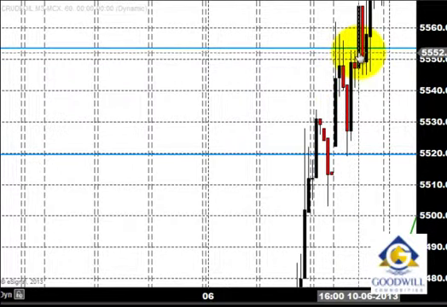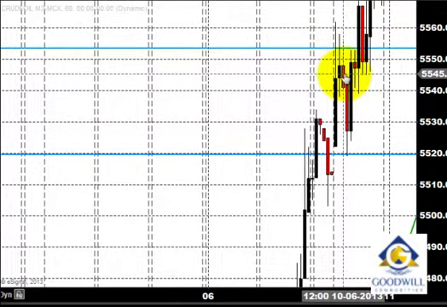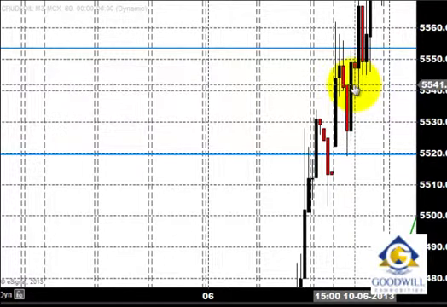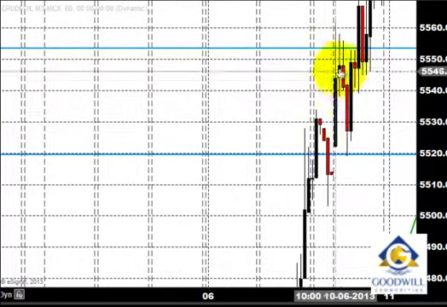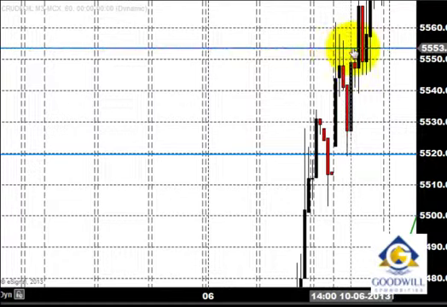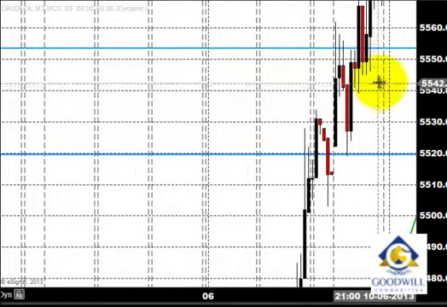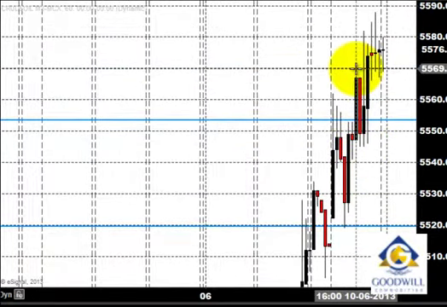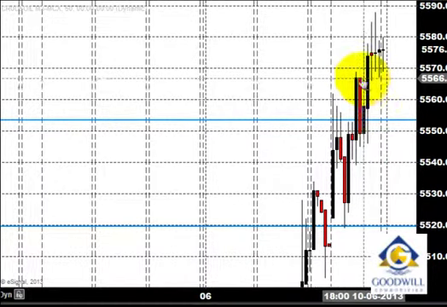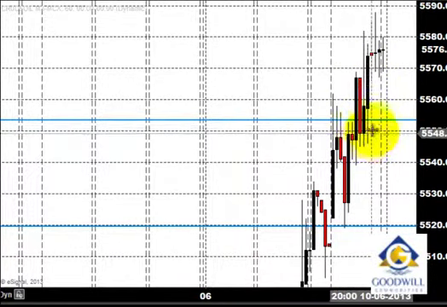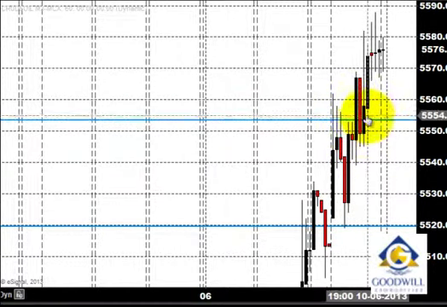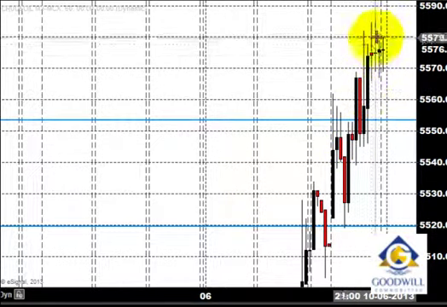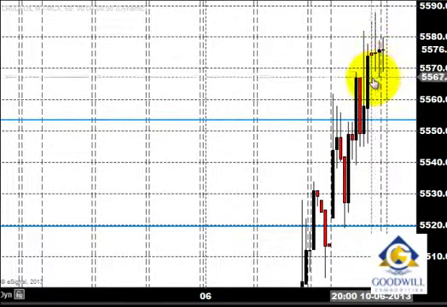You could notice that the price is finding resistance. As I told you, every single candlestick represents 1 hour. You could see the top of the candlestick, the legs of the candlestick. It is just pushing against the resistance zone, and it found resistance, and the market stayed here for 1 hour and more than that. Then it provided a breakout in the evening session, and then it also came down and tested this zone again. So many times there was a testing. So many times the price stayed within this zone, and then finally the price went up and closed around 5,570s.